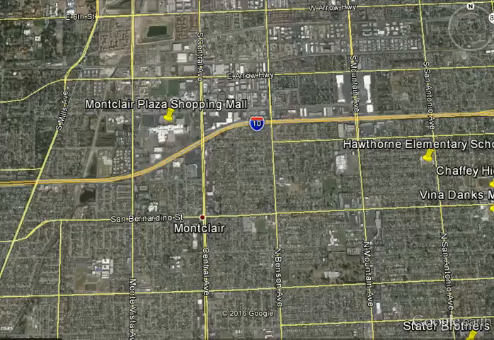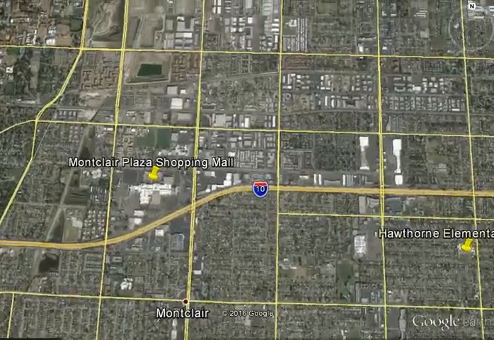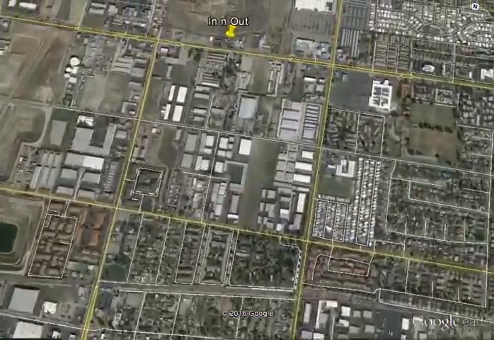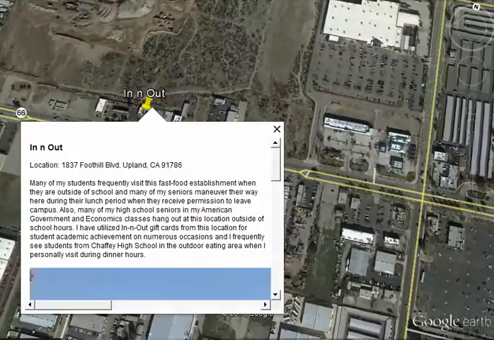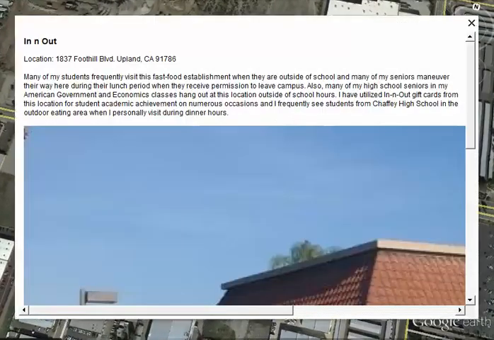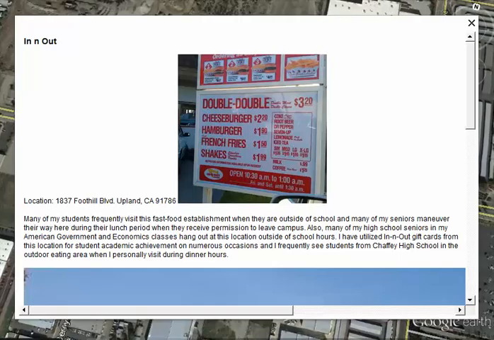So next up is In-N-Out Burger, which I'm still glad to see is a popular spot. Basically, this is one reference point I can use because even though I grew up in a much different area under much different circumstances, me and my friends still went to In-N-Out Burger, and we still hung out at In-N-Out all the time. So this is a common area of reference that I can use with the students